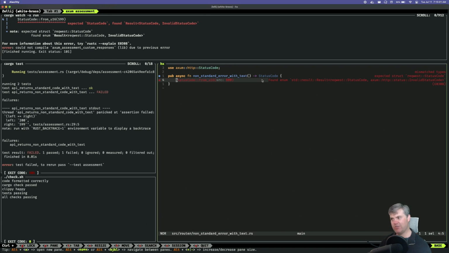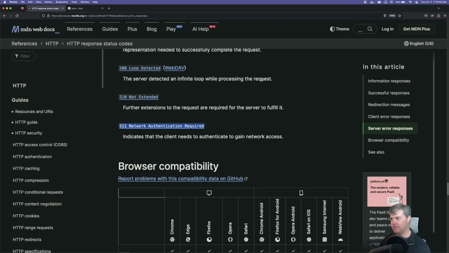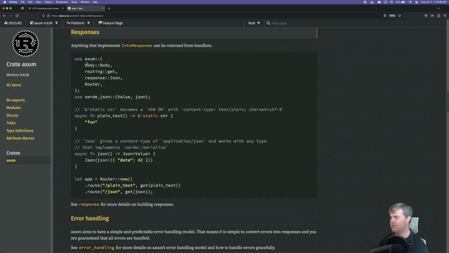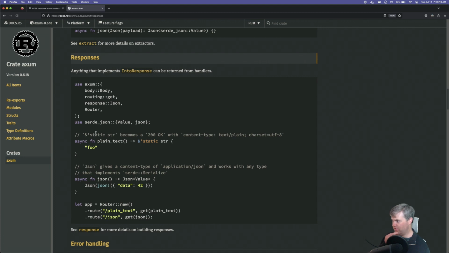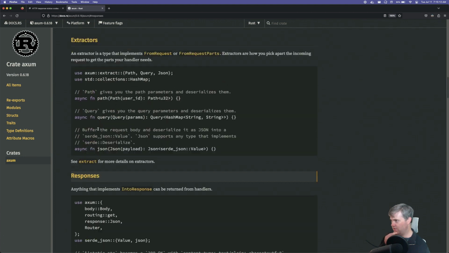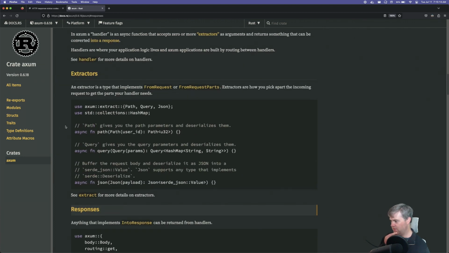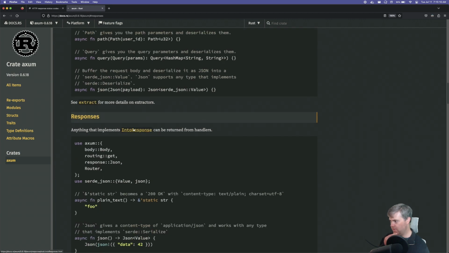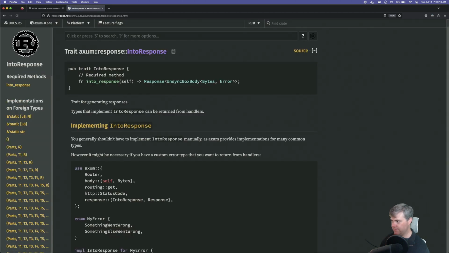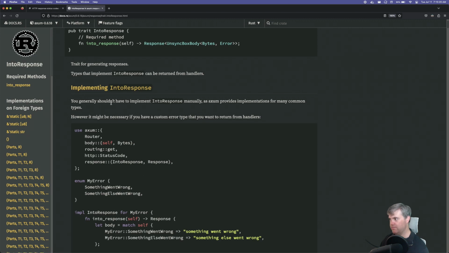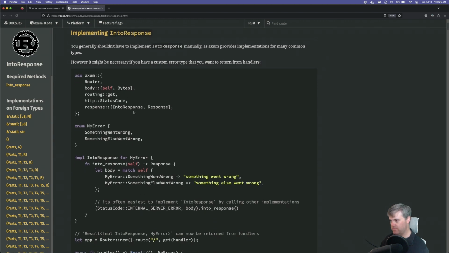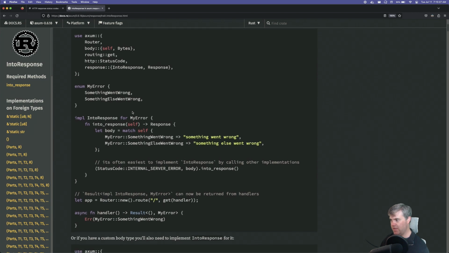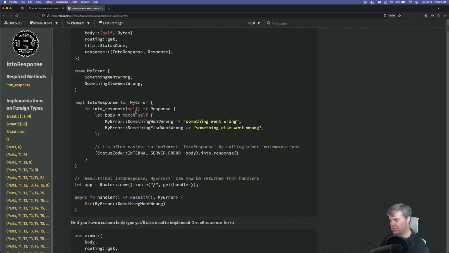I don't remember if I can return a result from a route handler. If I can, then that result, no, it has to return some kind of response.